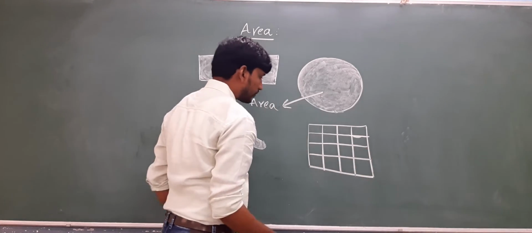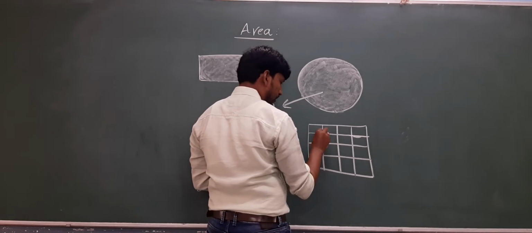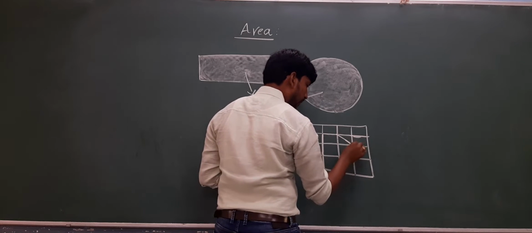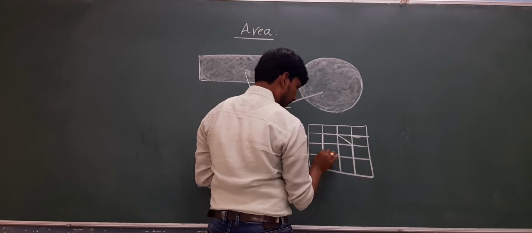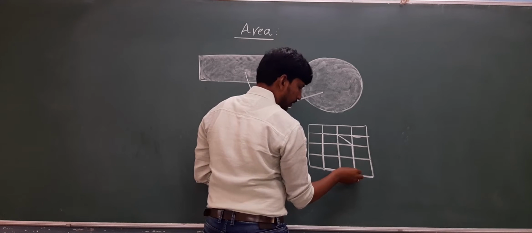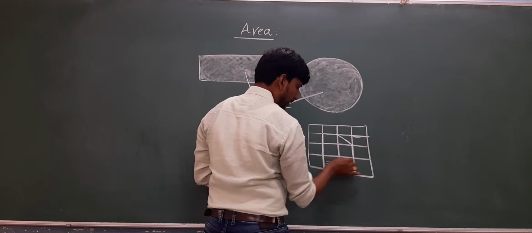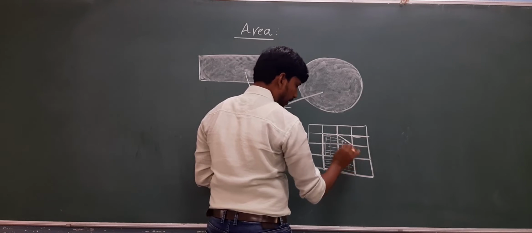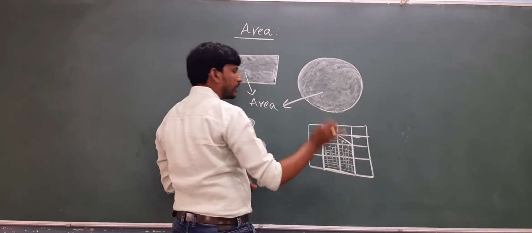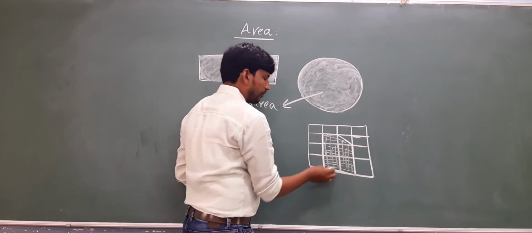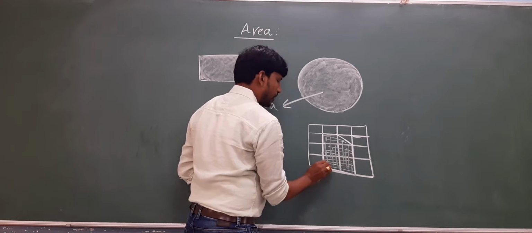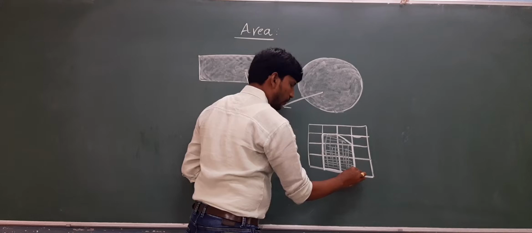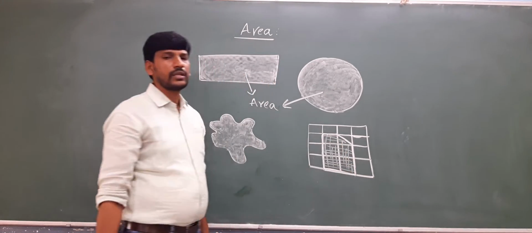Now see here. I am taking a shape. See, this is the part. I am drawing the lines here. This is the shaded region. Clear, my dear? This is called the shaded region, right? Now see here, to find the area of this closed figure, let us go from here, moving to here and here, and turn like this. Clear? So we are going to find the area of this closed figure.